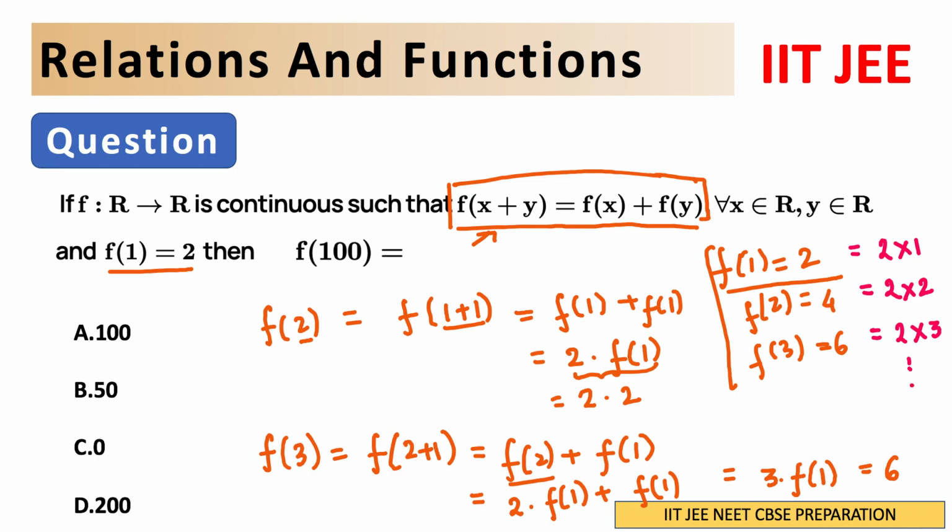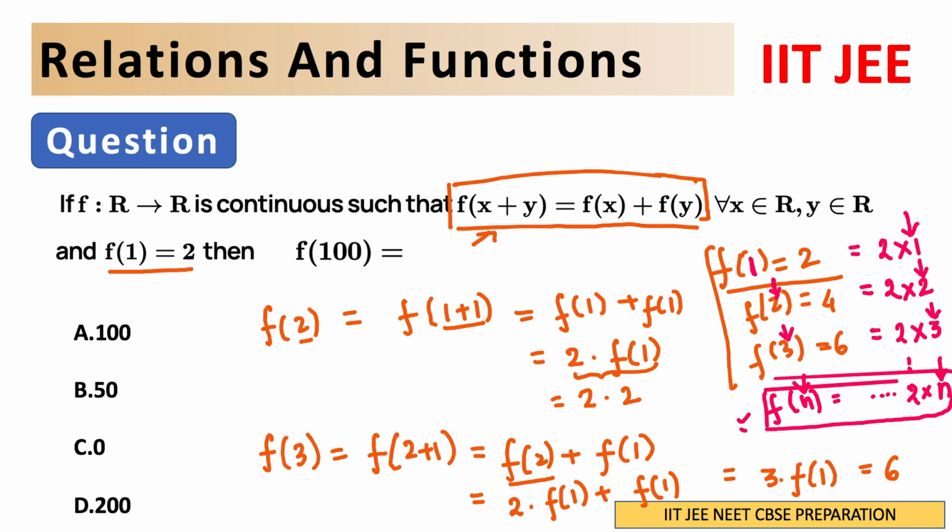So what is common here? We are seeing that if this is 1, the value is 1. If we are supplying 2 in the function f, the value here is 2. If we are supplying 3, the value here is 3, right? So similarly, if we are going to supply n, what will be the general term? It will be 2 into n, right? Whatever you supply here is coming here. So this becomes your general term, Fn, which can be used now.